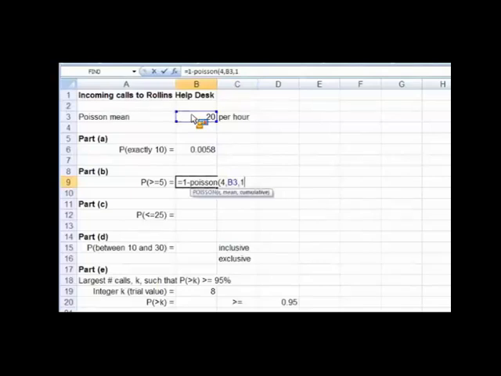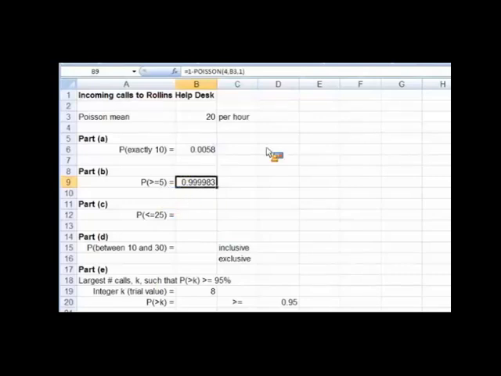I need that cumulative flag turned on. It looks like a probability of 1, but I'll add a few decimal places. So again, if the average is 20 calls per hour, the probability of getting 5 or more calls is quite high, very close to a probability of 1.